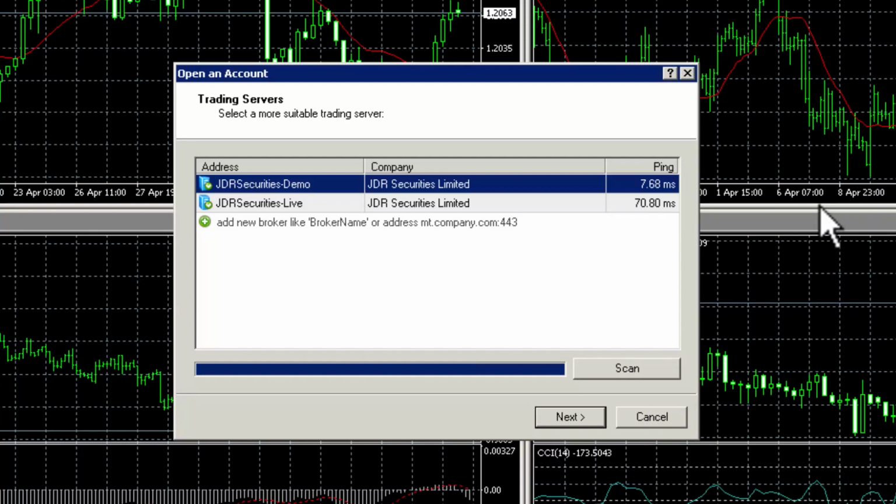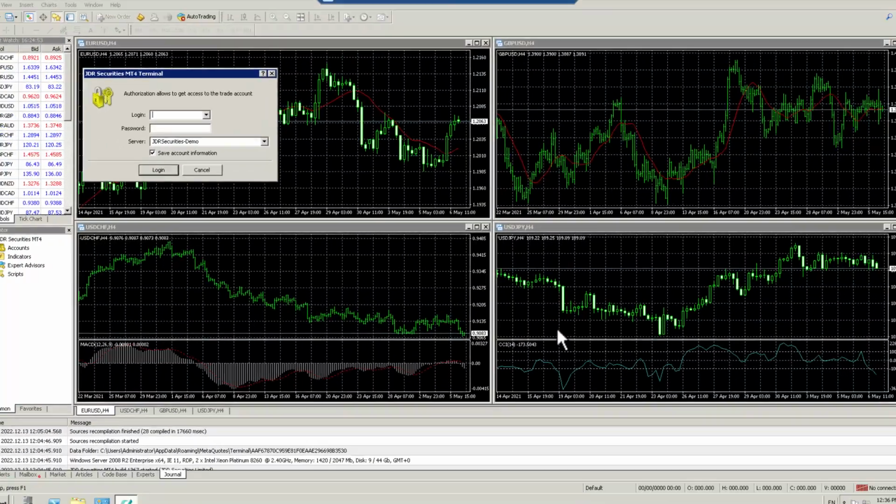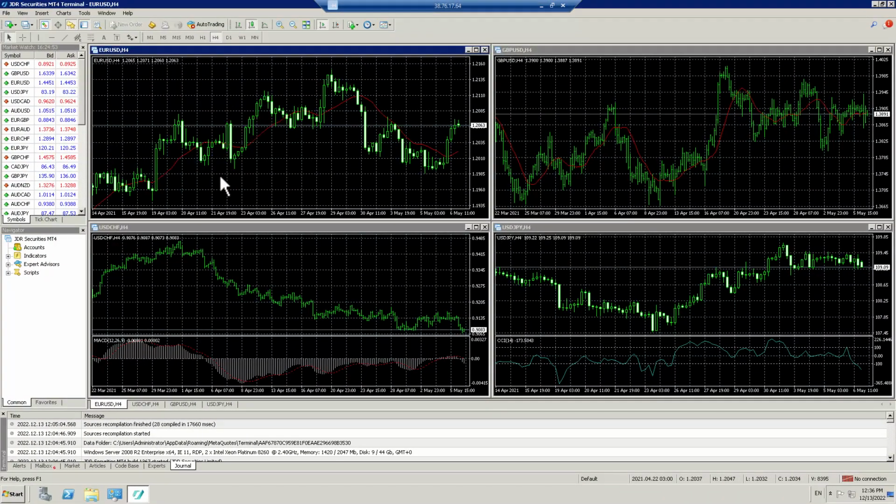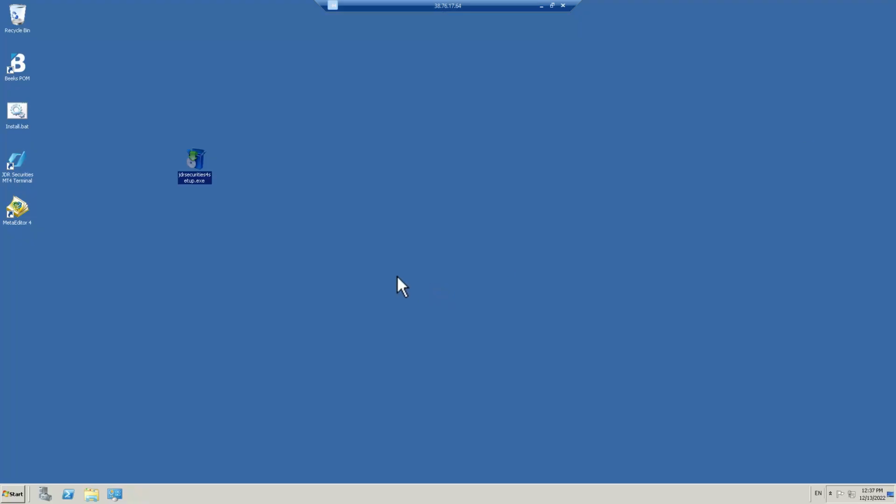At this point, I'm not going to log into the account, so I'm just going to cancel the dialogues here, and I'm going to close MT4, and here you'll see that it's installed an icon on the desktop. So drag this over here. I can delete the meta editor,